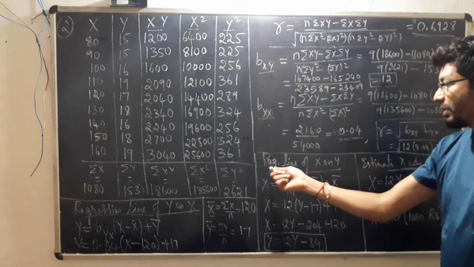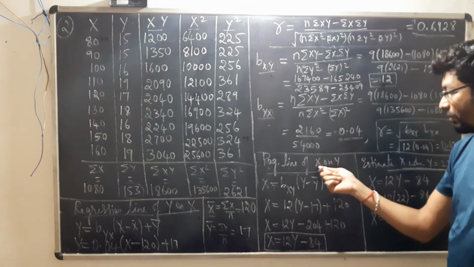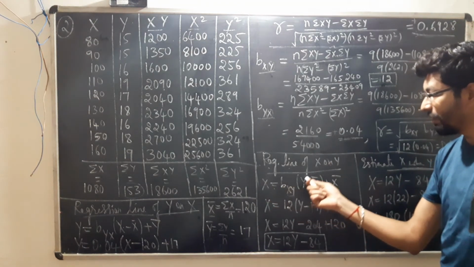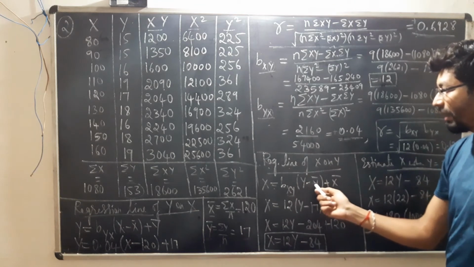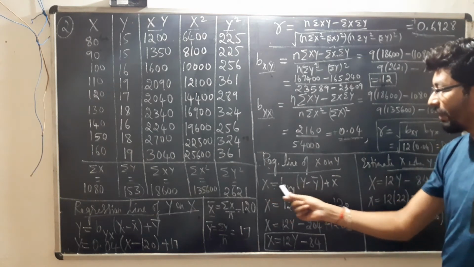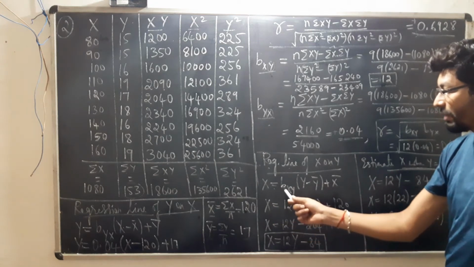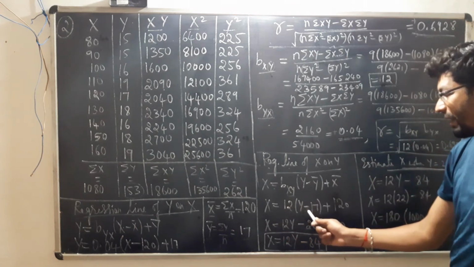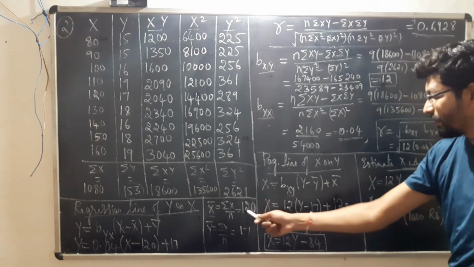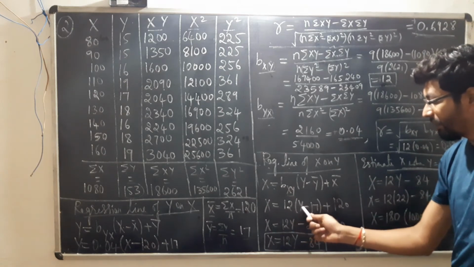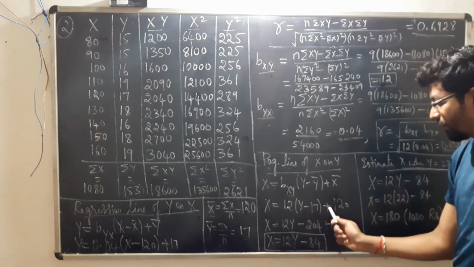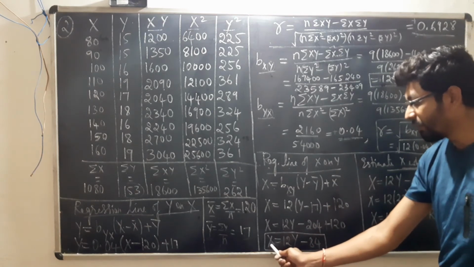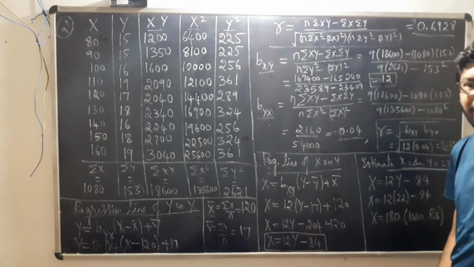Now, the first line of regression is the regression line of x on y. So, if you remember, for x on y, x will be on the left hand side. Then you will have the coefficient of x on y, which is bxy, into y minus y bar, plus x bar. So your x and y are the variables, they remain as they are in the equation. You will substitute for bxy, y bar as well as x bar. So when I do that, I will get x is equal to 12 into y minus y bar, which is 17, plus x bar, which is 120. Now when I simplify this, I'll get 12y minus 12 into 17, which is 204, plus 120, and minus 204 plus 120 reduces to minus 84. So we have the regression equation x is equal to 12y minus 84.